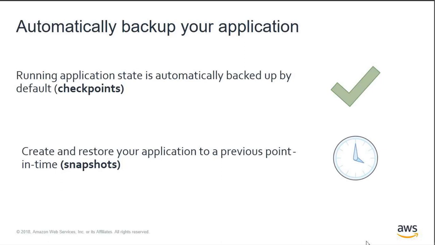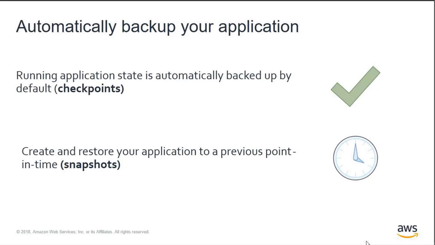We mentioned Apache Flink provides both exactly once processing as well as durable application backups. The two mechanisms that it does that through are checkpoints and savepoints, or snapshots. Let's cover the first one first. Checkpoints, while an Amazon Kinesis Data Analytics application is running, allow you to automatically and incrementally back up your application. So if anything occurs that's more of a transient failure, like a node going down, a slight disruption in your application, or a recoverable error, it allows you to restore your application without losing any data, without producing any duplicates, relatively quickly.